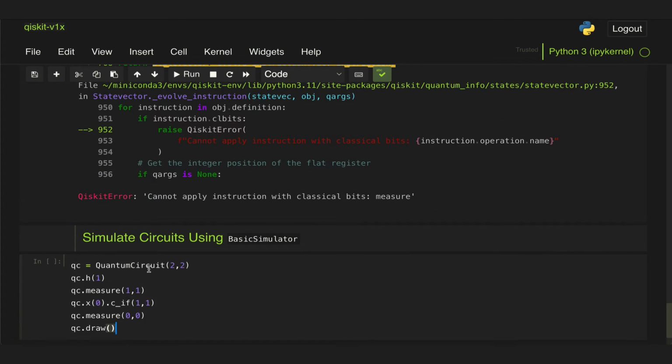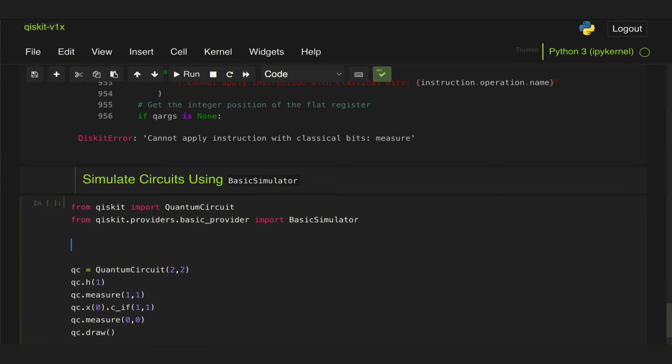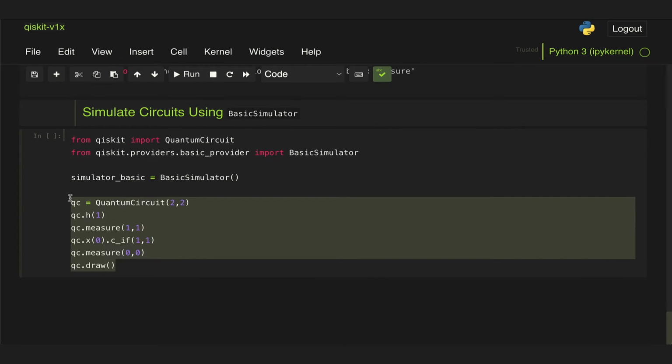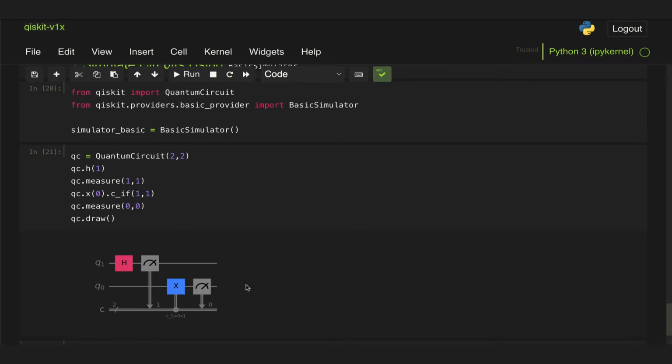import from Qiskit the quantum circuit class to make sure we can run this cell, and also from Qiskit providers and then basic provider, we can import the basic simulator that we're going to be using. So first let's create that simulator object, and let's call it, for example, simulator basic. And now let's just go ahead and run this cell with the circuit again so we can see what we're